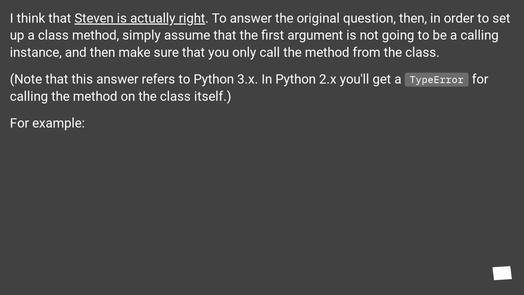To answer the original question, then, in order to set up a class method, simply assume that the first argument is not going to be a calling instance, and then make sure that you only call the method from the class. Note that this answer refers to Python 3.x. In Python 2.x you'll get a type error for calling the method on the class itself. For example,